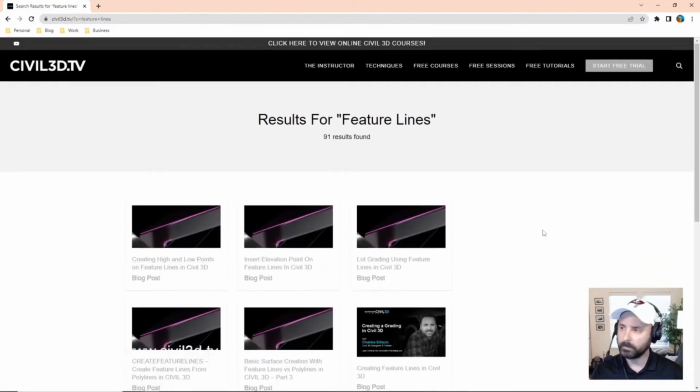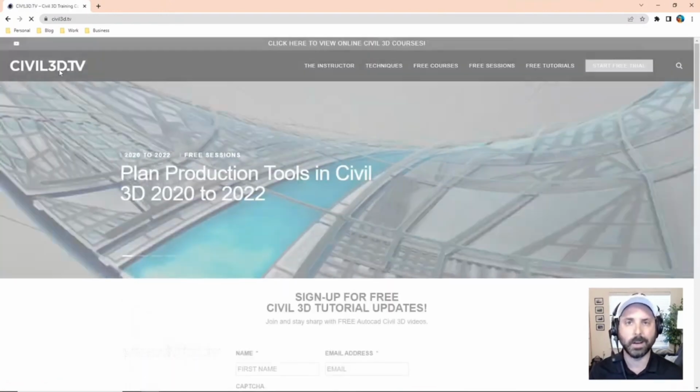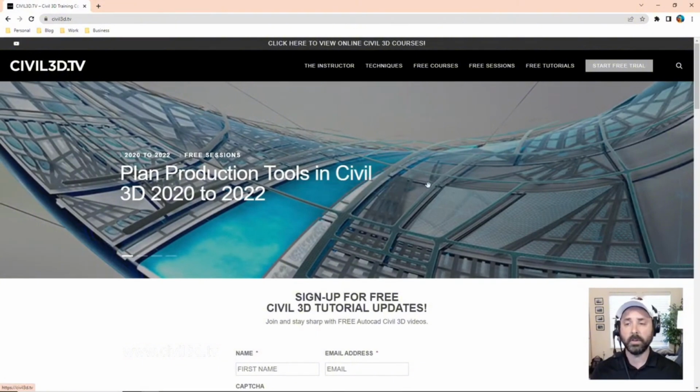It's just a new feature that's been put onto the site. I know it's not a huge deal, but who knows, if you can't remember certain aspects of Civil 3D, just type it in with that magnifying glass, and then off you go.